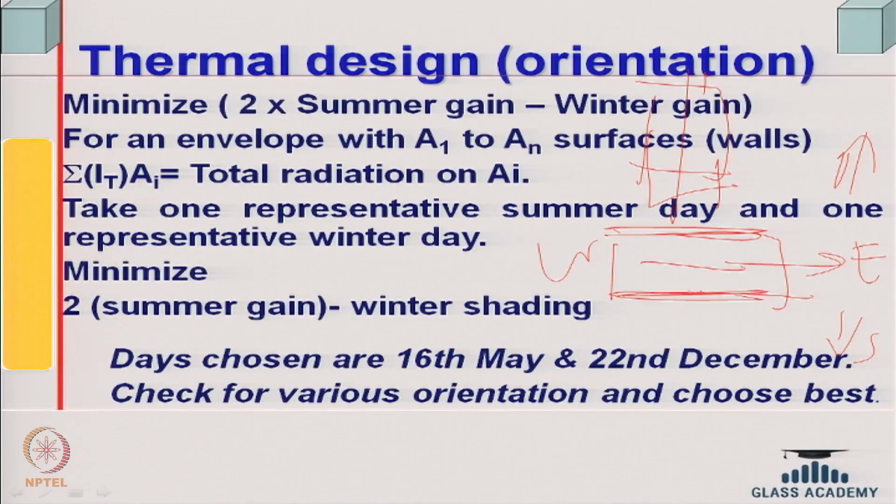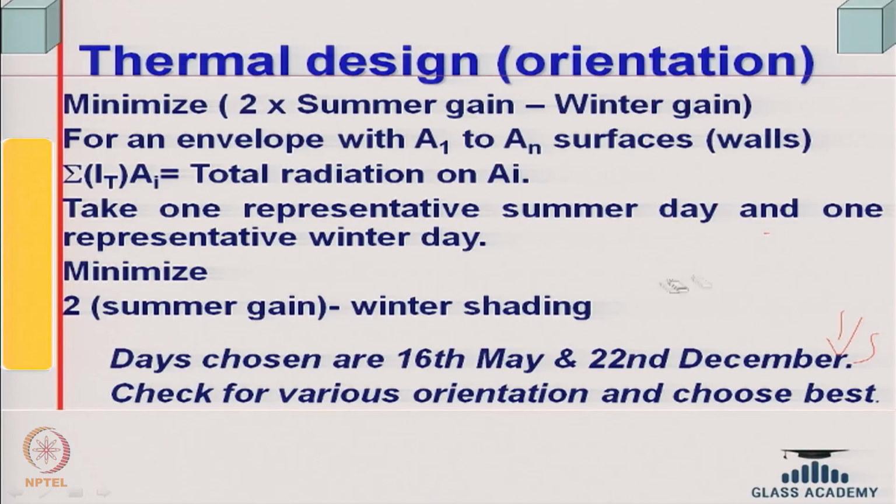This will receive radiation in winter, but in summer it will receive much less radiation. This receives radiation in the morning, this receives radiation in the afternoon. So, orientation has got a role to play. Shape also has a role to play, because of the aspect ratio; if it is square, the orientation will not matter. One simple way of finding out the best orientation is given in SP 41,